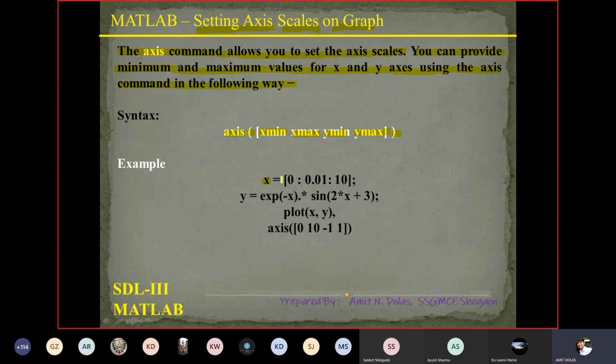For example, x is 0 to 10 with an increment of 0.01. y is exponent of x into sine of 2 into x plus 3, whatever the function is. We are not interested in this. Plot x and y, but the axis is mentioned. Axis for x must be 0 to 10 only, and for y it is -1 to 1. So let's execute this code in MATLAB.